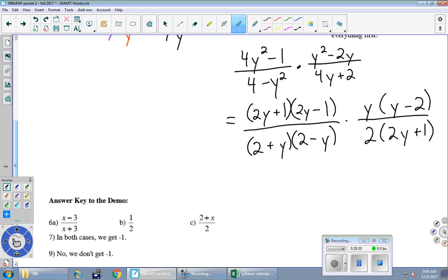So we factored 4 times. Now everything is multiplication, and we are going to cancel any carbon copies we find on top and bottom. So what do you see is the same? 2y plus 1. Get rid of that one and that one. What else is the same? Is anything else the same? I don't see anything else that's the same, but there is one other pattern we're looking for